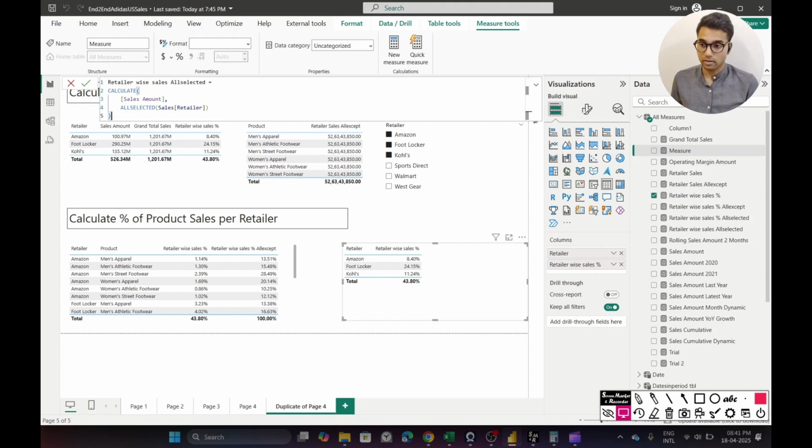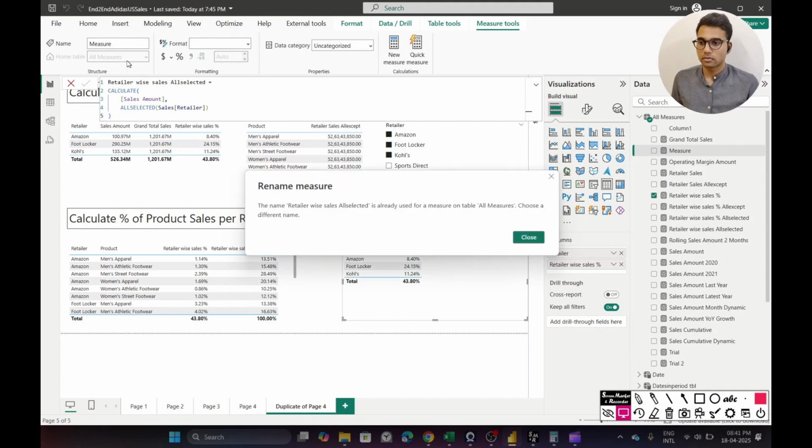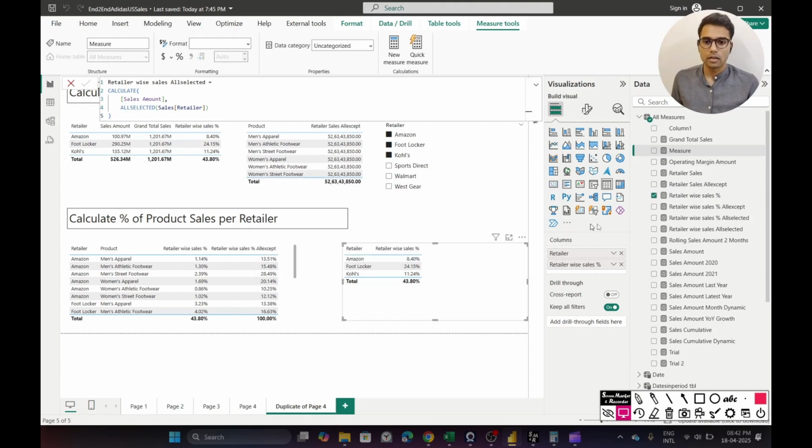So let's see this in action. I hit enter. Let's call it new because there's an existing one already. So if I pull it here,